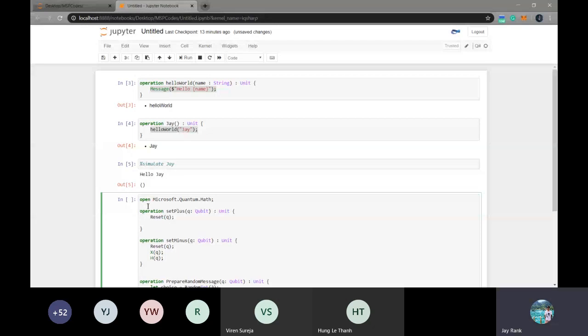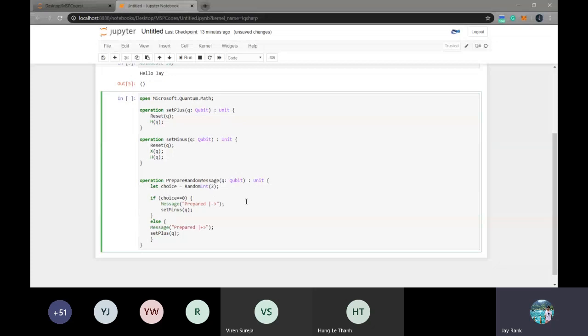Yeah, I think okay, so this program that I've written here, basically what it's doing is it takes the input qubit, creates a random integer, either 0 or 1, and if the choice is 0, it creates a negative entangled state.